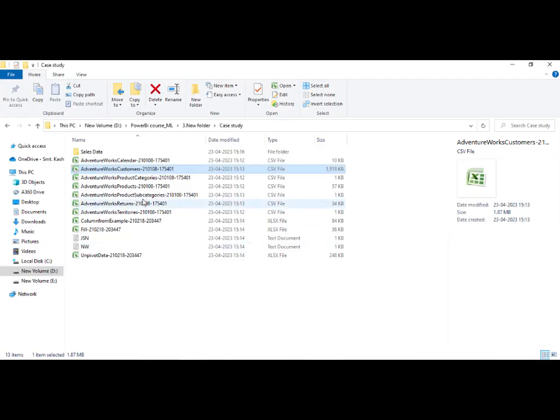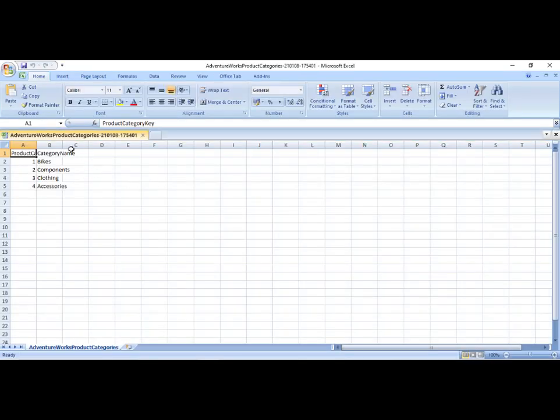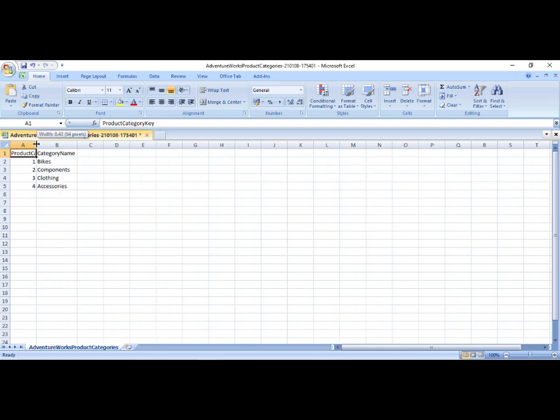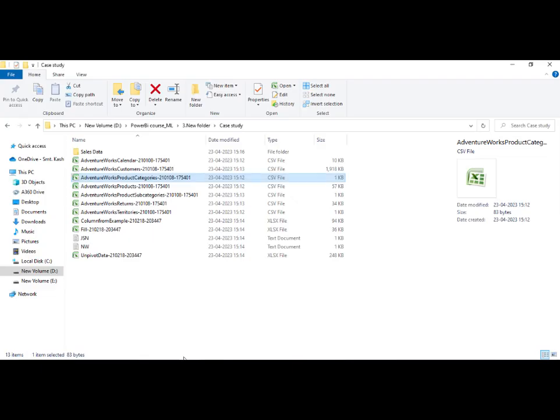Let's see another table we have, the product categories. So the company, how many products they have or which products they are basically dealing with. Before creation of any relationship or visualization, we need to understand what the company is doing currently and how many products they are selling in the market. That's why we are understanding these tables. So they have four categories: product, bikes, components, clothing, and accessories. So next,